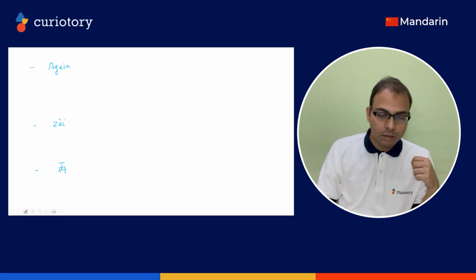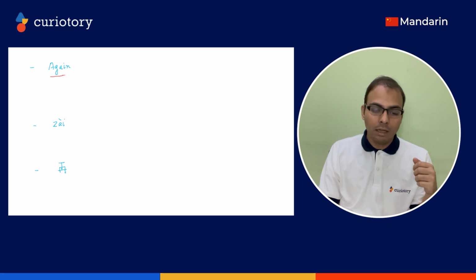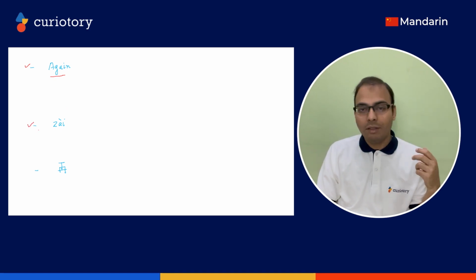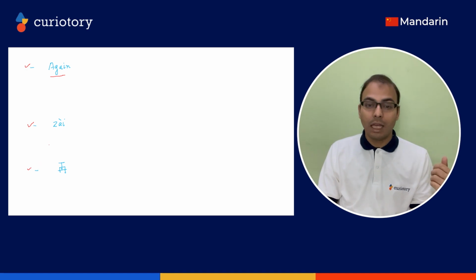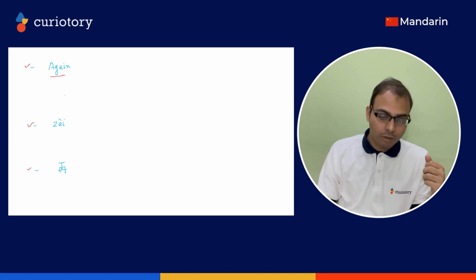Okay, so here zai means again. Okay, zai means again, so it's the subject here. Of course, now the pinyin is zai with the fourth tone, and the character is this. It means if you are in China and you have to say again, you will say zai, and if you want to write again, you will write this character. Okay, to write it once again,